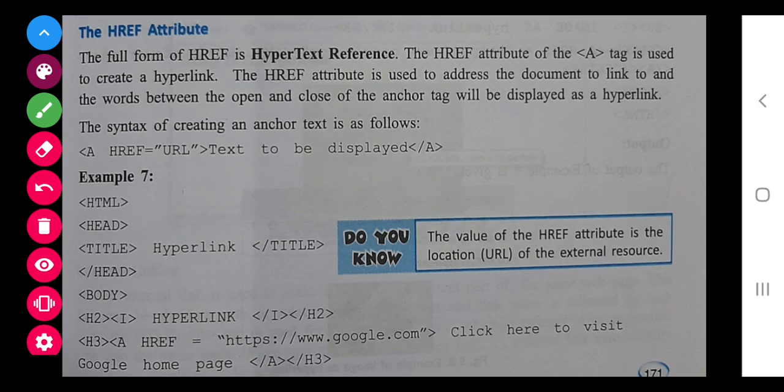So this is the program that you will try, but I suggest everyone try this in your computer only, because there was a problem in previous while inserting an image. Many of you said that there is a problem in mobile, so those who are having computer, they only try. Otherwise we will do that in lab when school will get reopened.